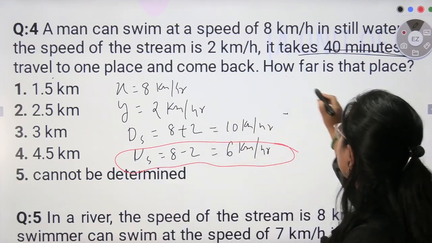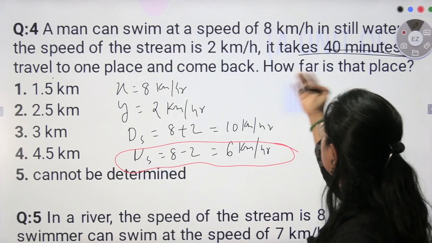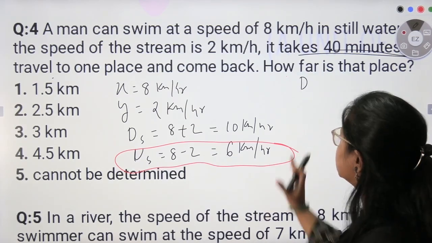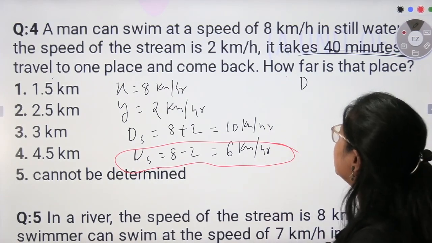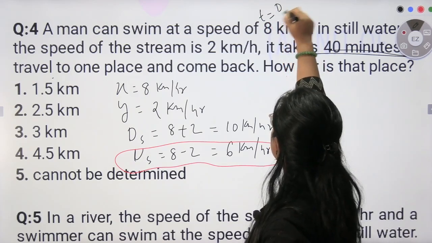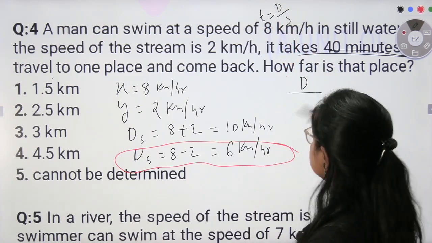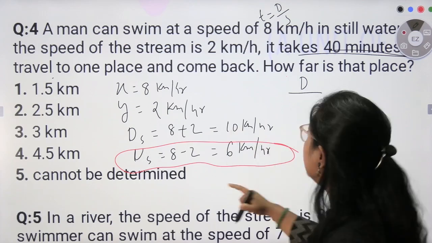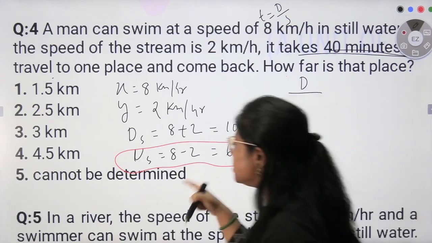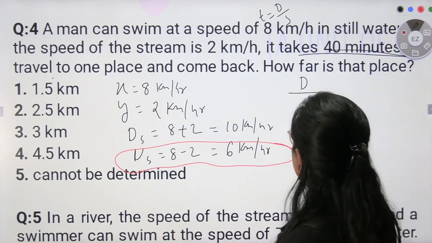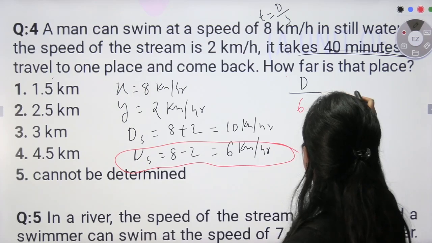So from here what I can do, if I consider my distance to be d, because distance is not given, so time would be what? Time would be equal to distance by speed. So distance by speed is your downstream, because upstream speed will require what? More time. So d by 6 minus of,